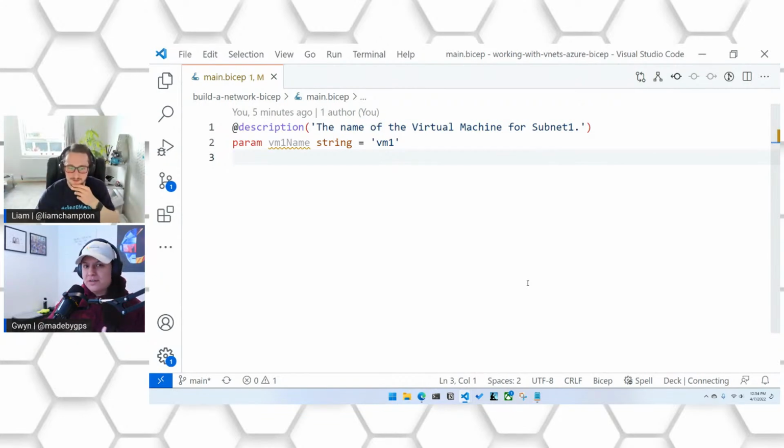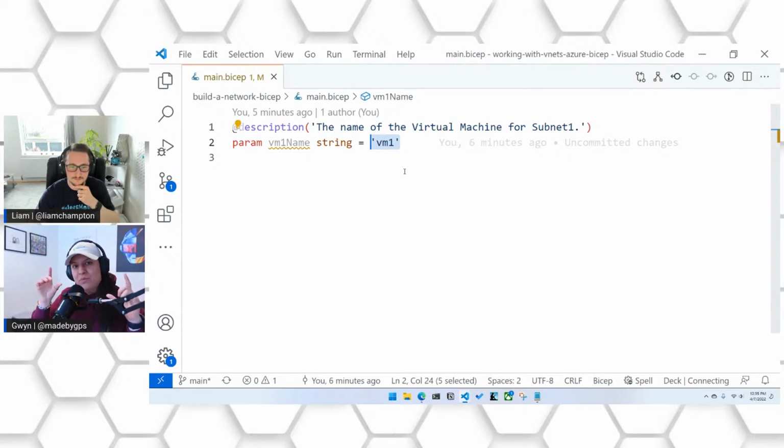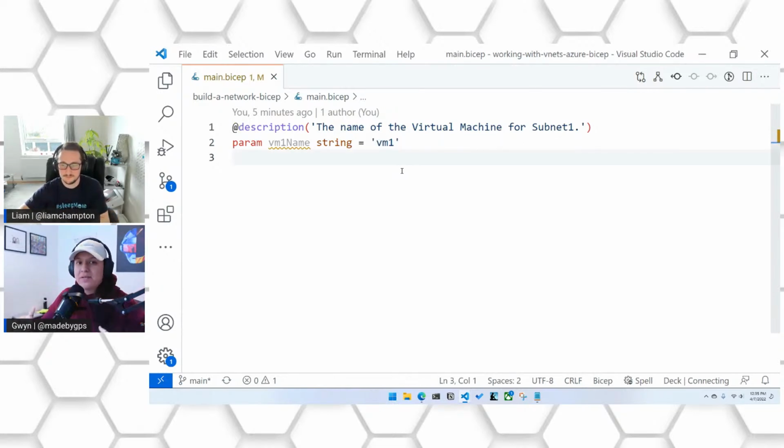We're talking about parameters. We have the value type, and then we have the name. Default values: you can see we have, between single quotes, the default value that we're providing for the parameters here. Like I mentioned, you can give the parameter the value through the command line, through a parameters